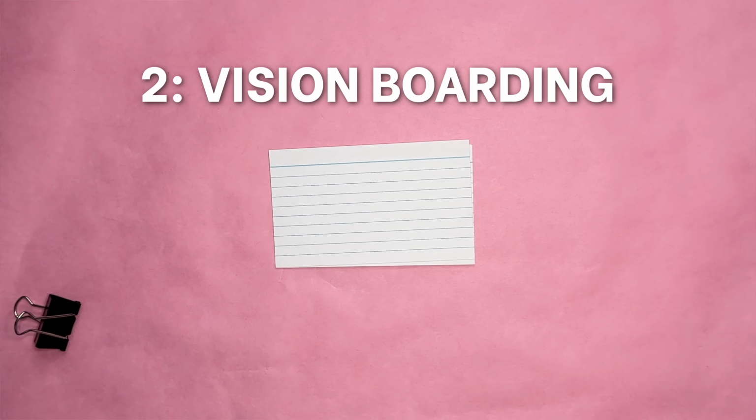The second organization idea, I am so in love with this. I found it on YouTube when I was researching, like, has anyone talked about this here before? And I found a channel by Lefie. I don't know if I'm saying that right. They created a video about index cards and using them for vision boarding, which